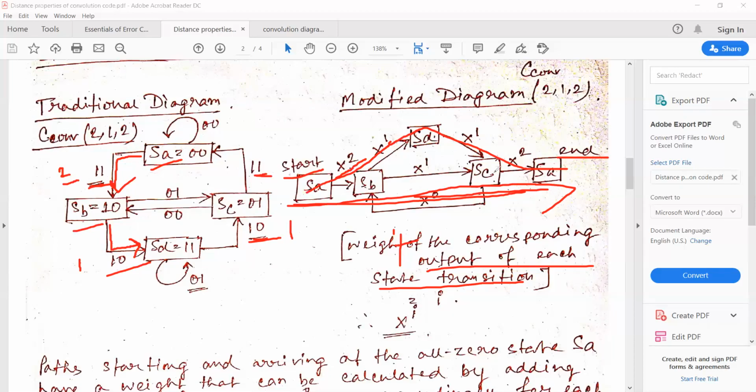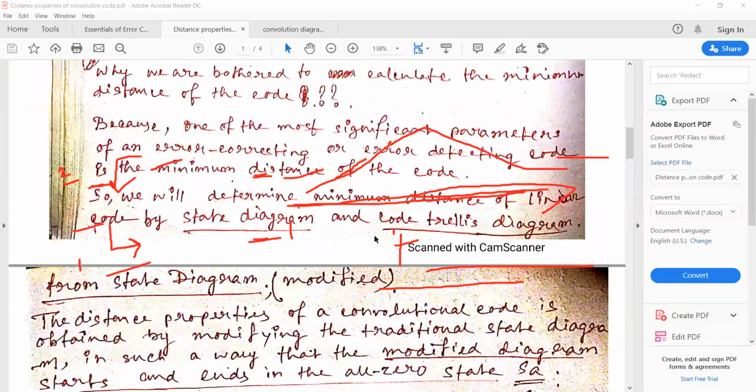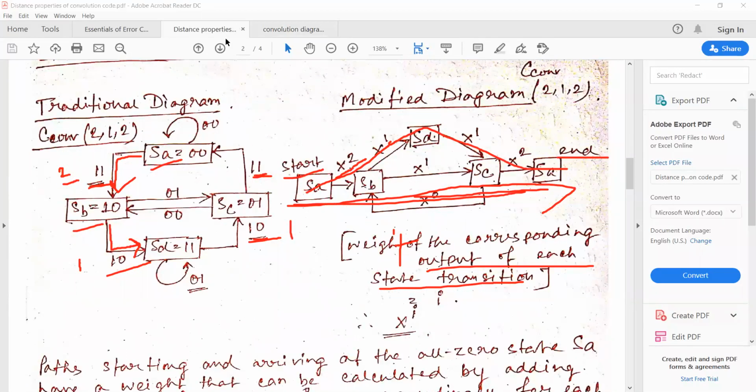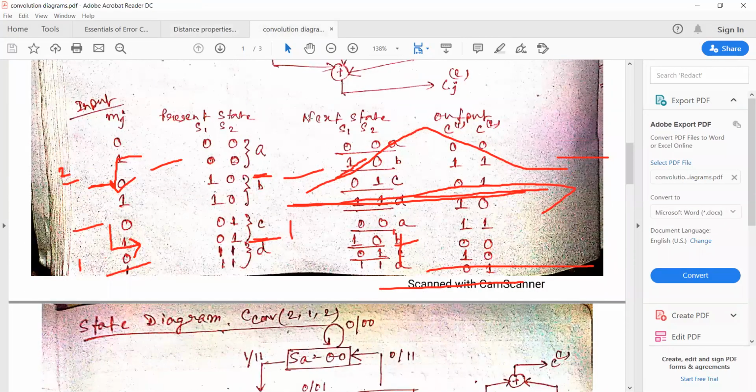And when I'm going from SC to SA, the output is 1 1. So this output is basically what I'm writing from this table. Okay, I've already shown you this table that I've just made, and from this table I'm using these outputs, the state transition outputs and the corresponding weights. Okay,